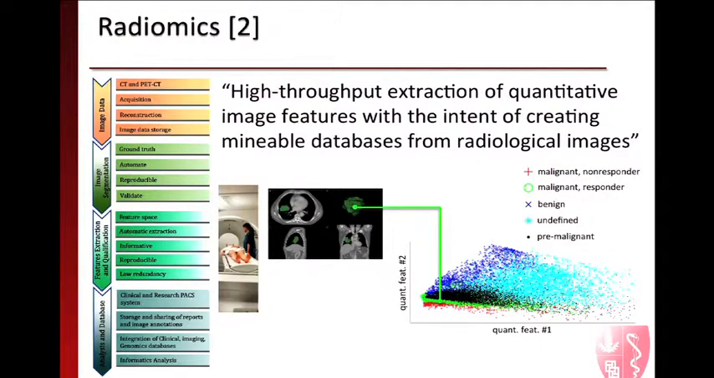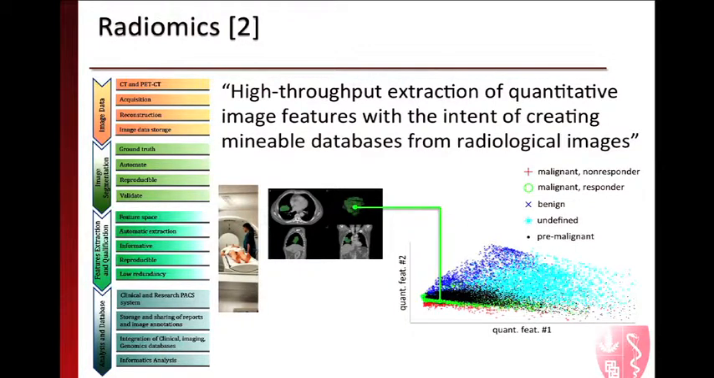There is a new emerging research field, radiomics, which aims at automating the process of analyzing this large cohort of patients. It aims at high throughput extraction of quantitative image features with the intent of creating mineable databases from radiological images. So it aims at modeling all the different processes for analyzing this data, starting from image acquisition, reconstruction, and storage. Then as soon as we have these images, we want to extract a region of interest from this data, such as, for example, here,